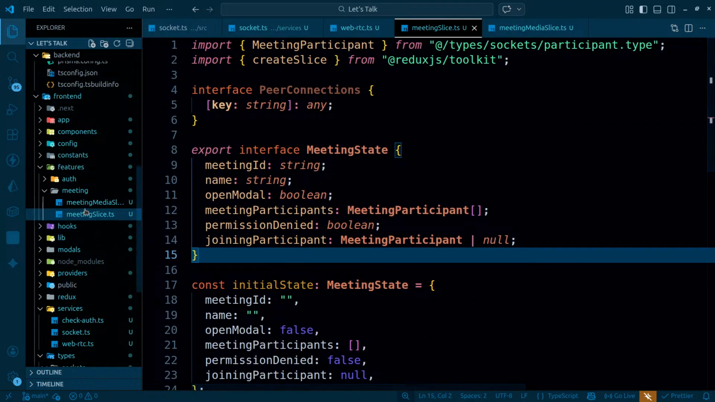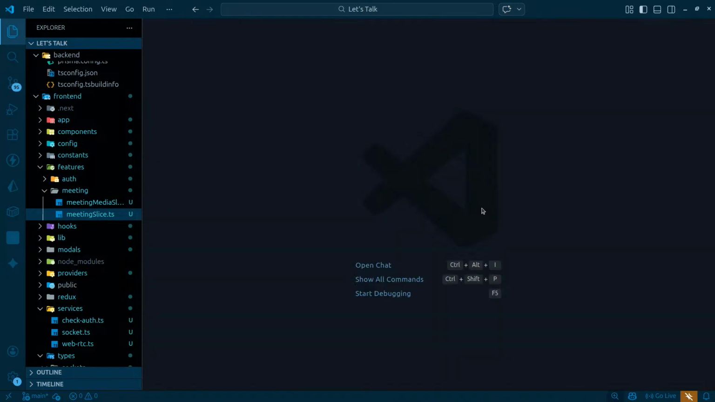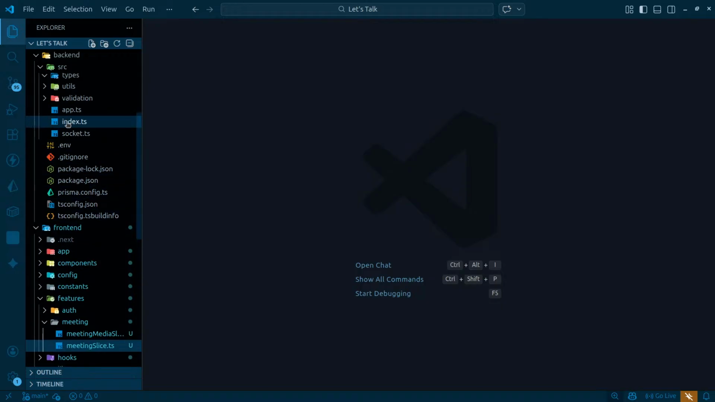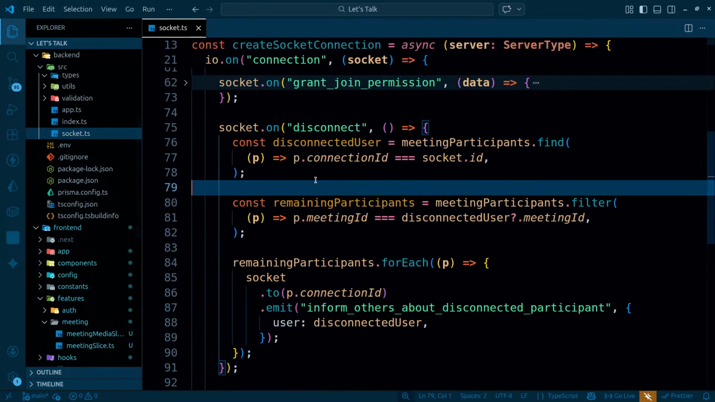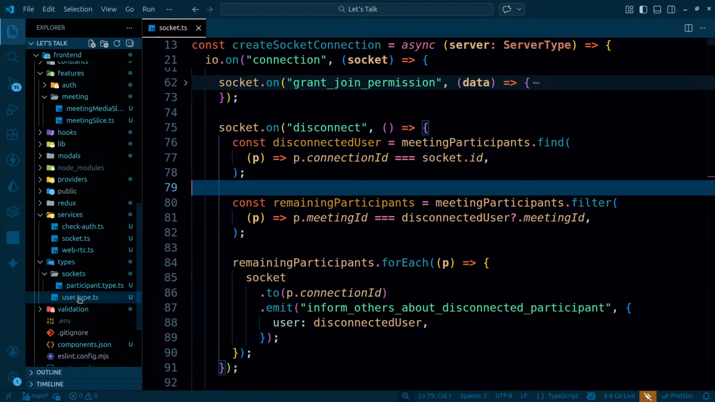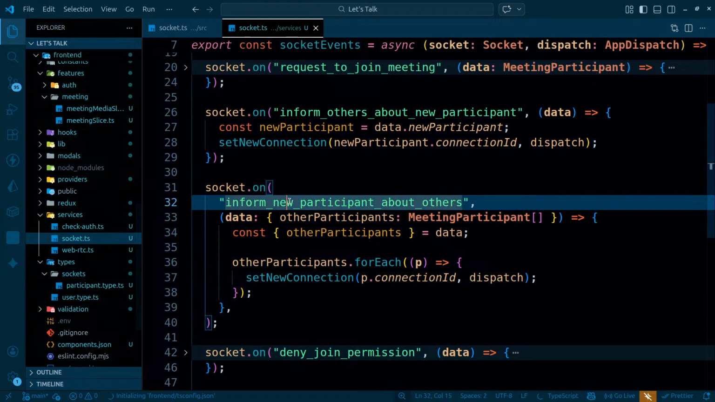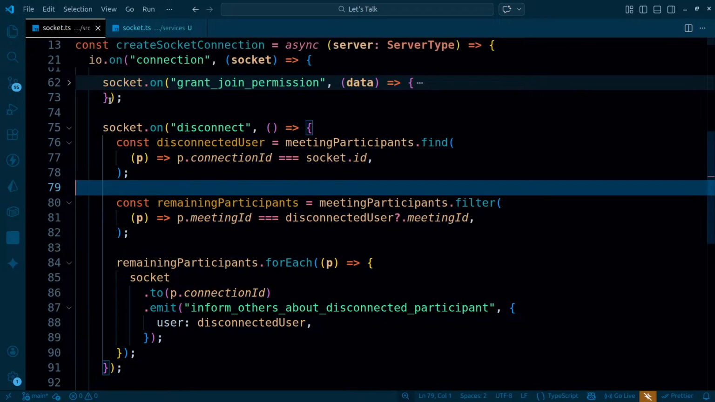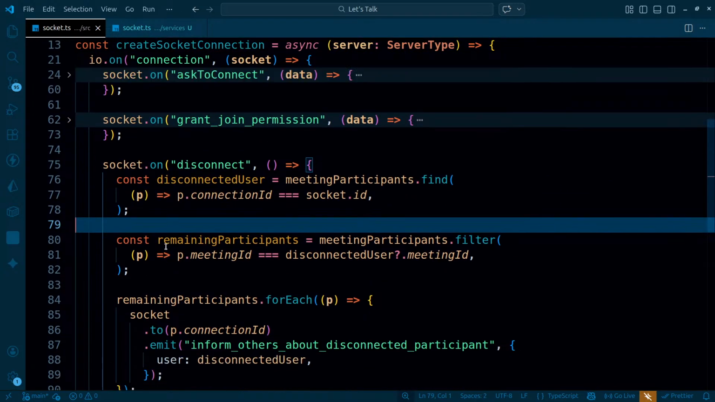So what is the next thing that I have to do? Next thing, disconnection happened properly, right? So disconnection in the sense, let me first of all close everything, go to socket.ts. This is the backend part, and here I have another socket.ts for the front end part. So these are the two files that I actually have, and as soon as the user reloaded the page, this will get triggered,